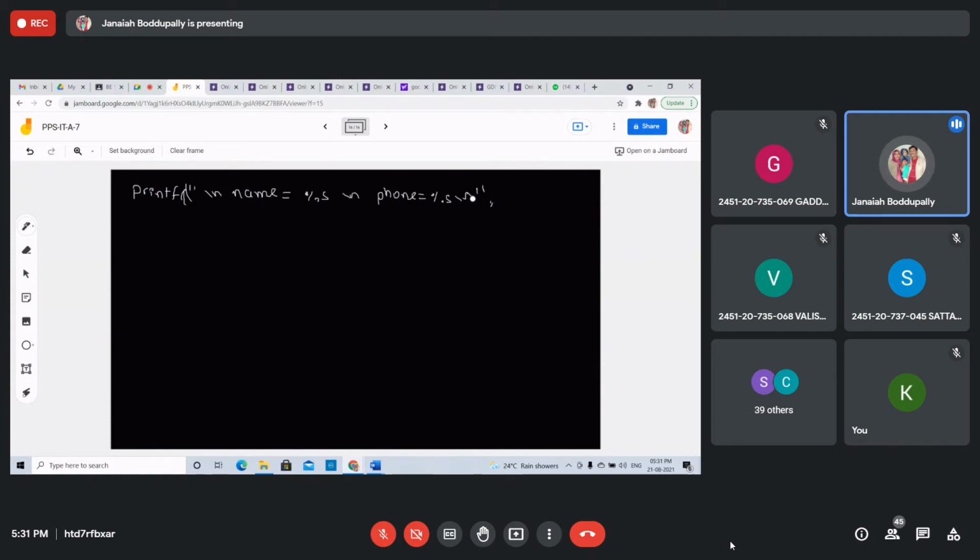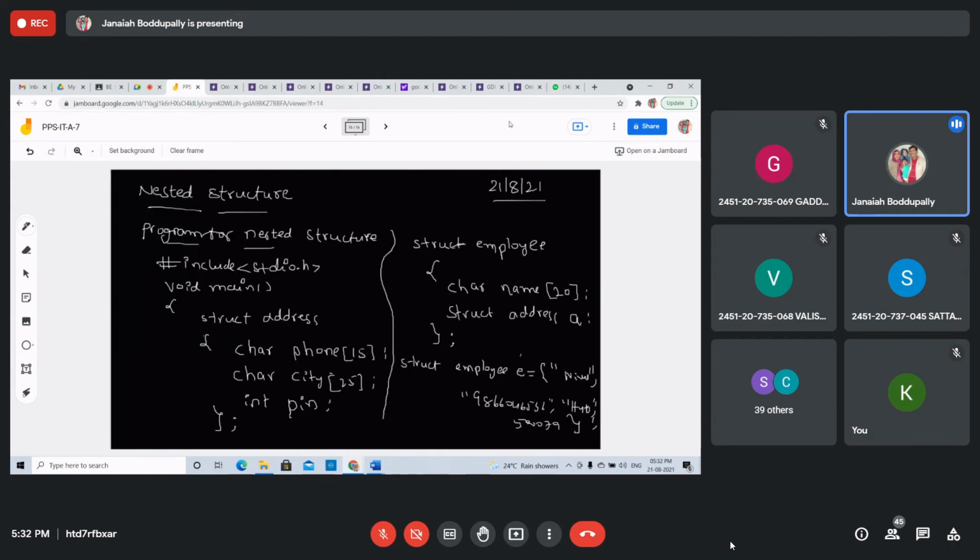Name is his original structure element within the employee. That's why you can access it directly as e dot name. E dot name, students. Name is the structure element in employee, so you can access it directly. But the other elements are structure elements within the employee, though they are not originally direct elements of the structure employee.